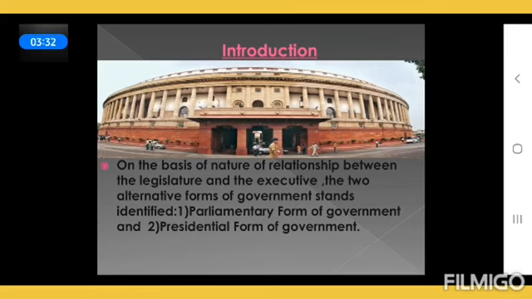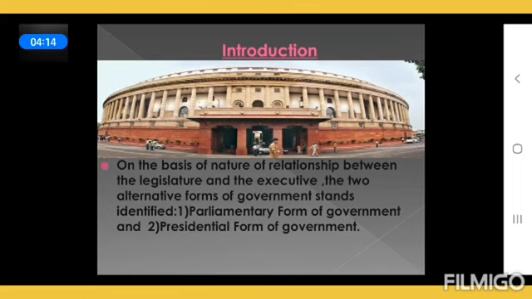On the other hand, the presidential form of government postulates a separation of powers between the legislature and the executive. That means they are not interdependent on each other; they are independent in their work. The executive is not responsible to the legislature, and the legislature is not responsible towards the executive. Both the parliamentary and presidential forms are distinct and alternative forms. Both are, however, democratic in organization and working.